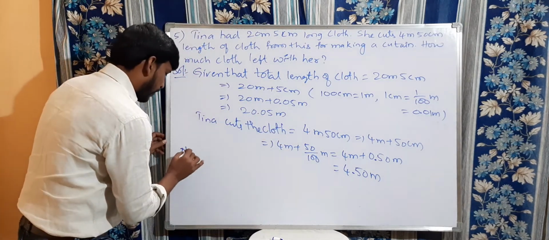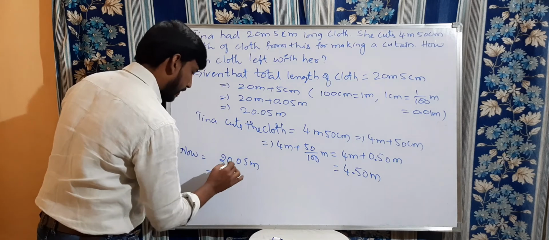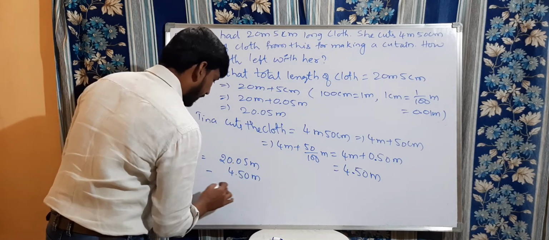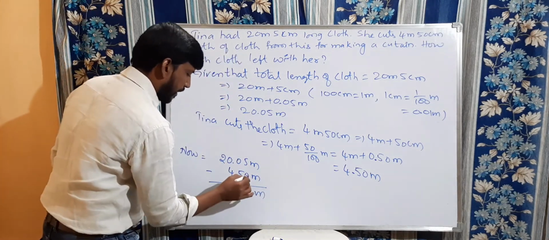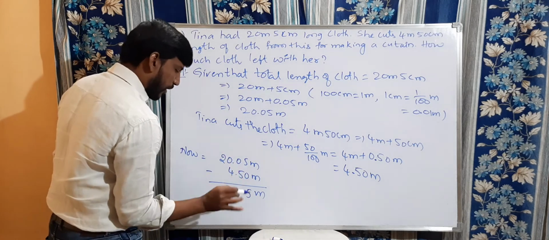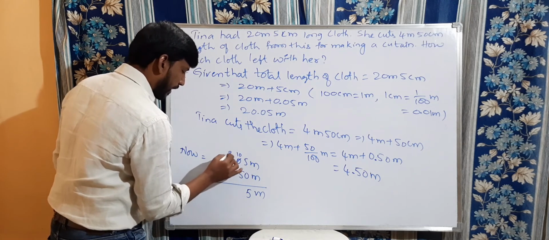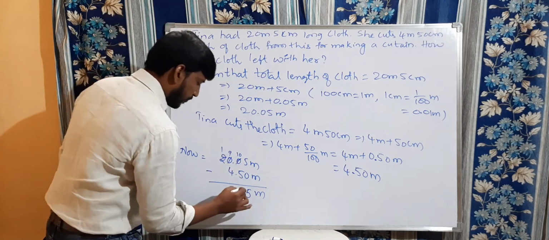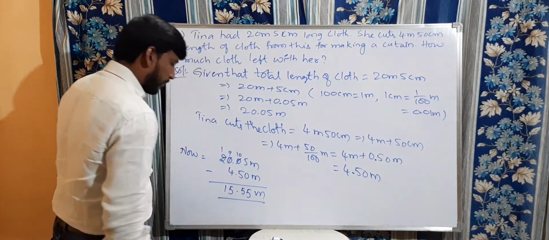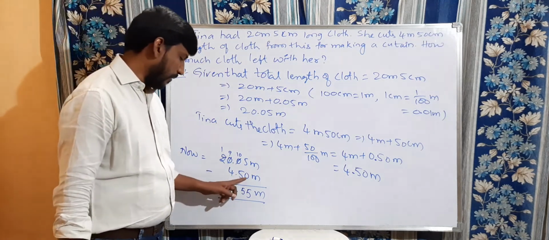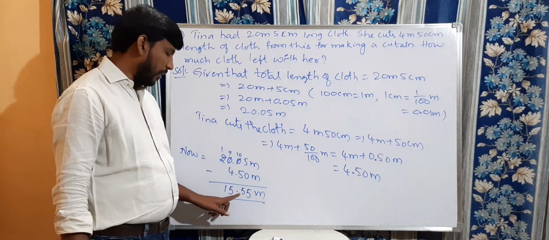Now we need to subtract 4.50 meters from 20.05 meters. Now we need to subtract 20.05 meters minus 4.50 meters. So while doing subtraction, see this here. 5 minus 0 is 5. Now 0 minus 5 is not possible. So we will take the borrow from 2 here. This will become 10. This will become 9. This will become 1. 10 minus 5 is 5. 9 minus 4 is 5. 1. Okay. So we got here 15.55. Is it correct? See this here. 0 plus 5 is 5. 5 plus 5 is 10. 0. 1. Right. 20.05. So 15.55 meters.